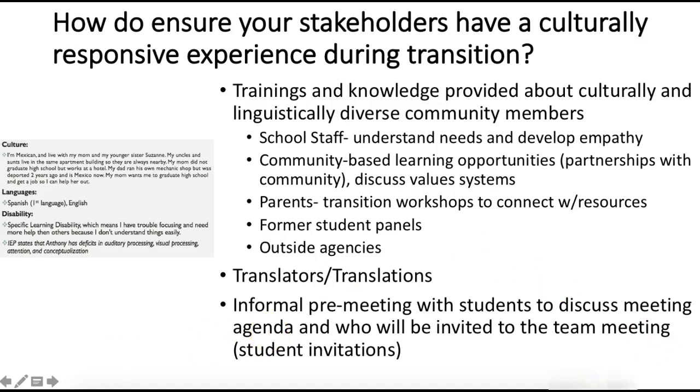Here's another slide from somebody's student presentation that you can go ahead and take a look at. You can see this was a Spanish speaker, and also the disability is actually described. So it's a specific learning disability, which means, and then have the student be able to explain their disability.